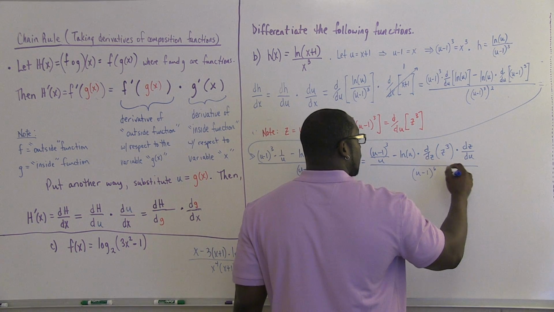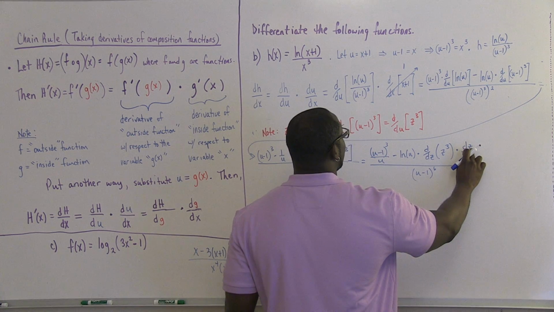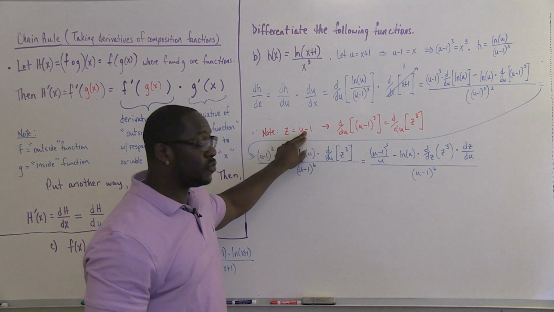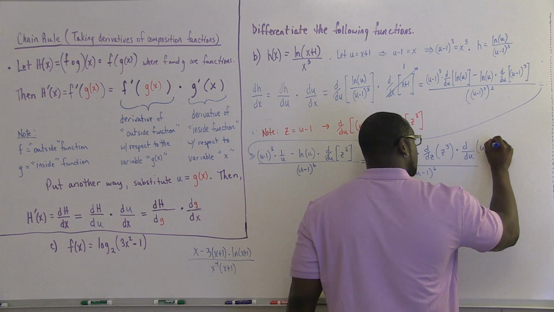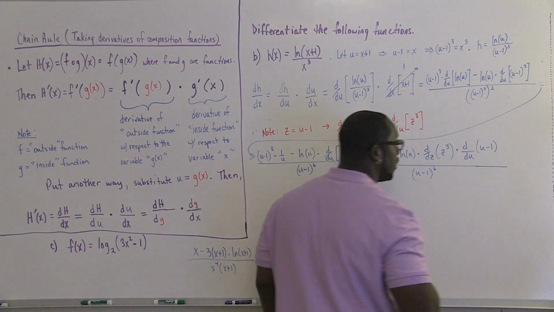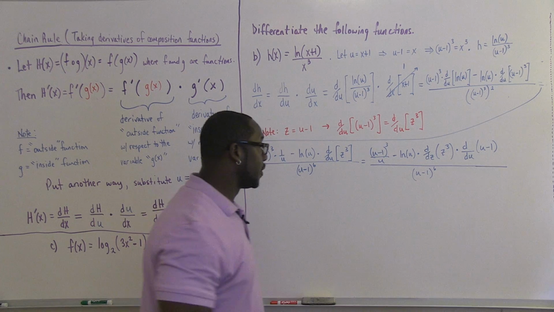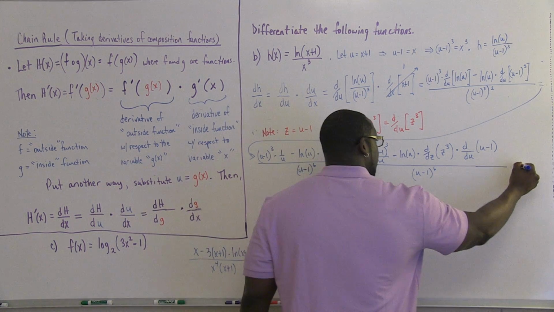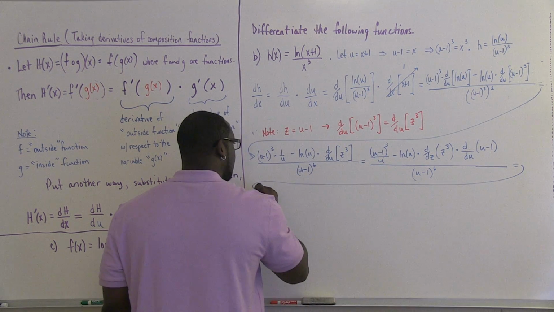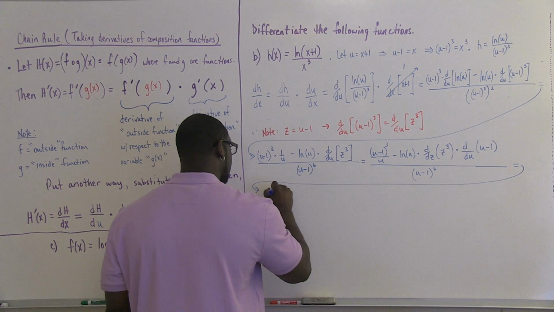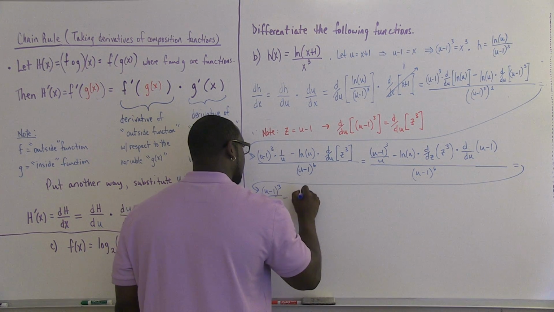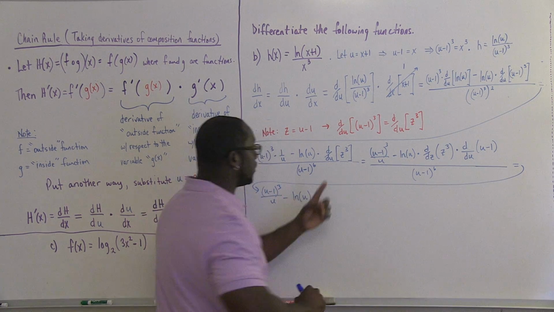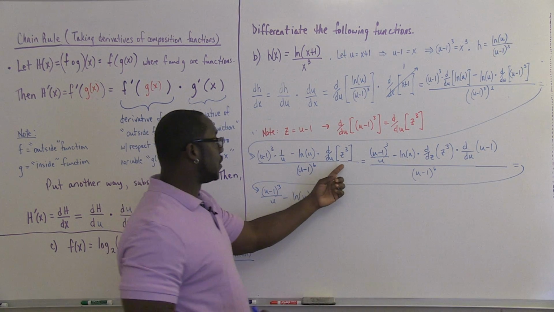So moving on, we know that this z here, we said z was u minus 1. So I'm going to take this and put u minus 1 in there so that we can go ahead and take the derivative of it. So on our next step, I'll rewrite all this other stuff. And so now we know that the derivative of